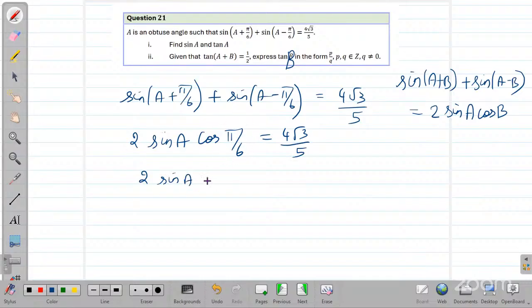So cos pi over 6 will be root 3 over 2, which is equal to 4 root 3 over 5. So we can just cancel the terms here like this. And now we get sine A is equal to,